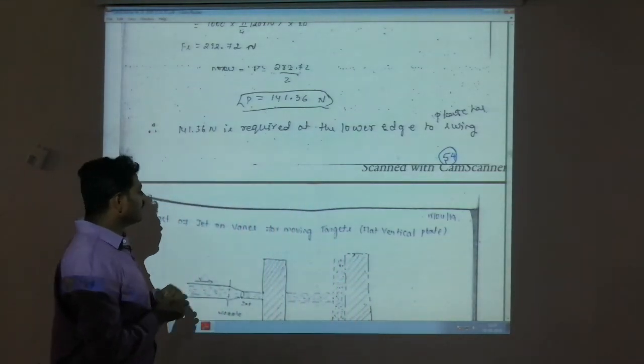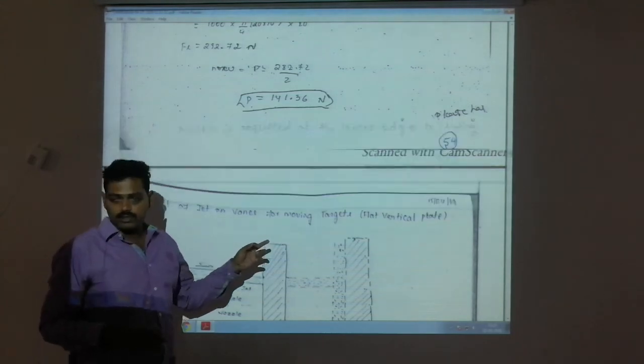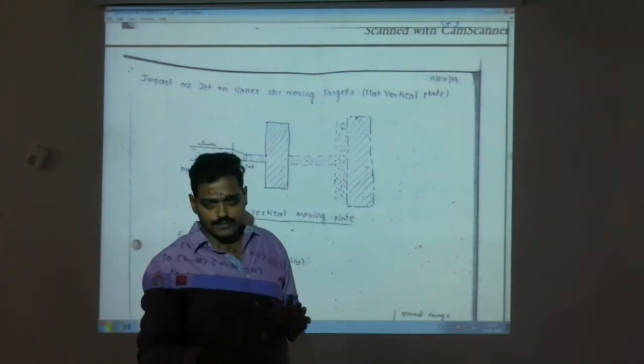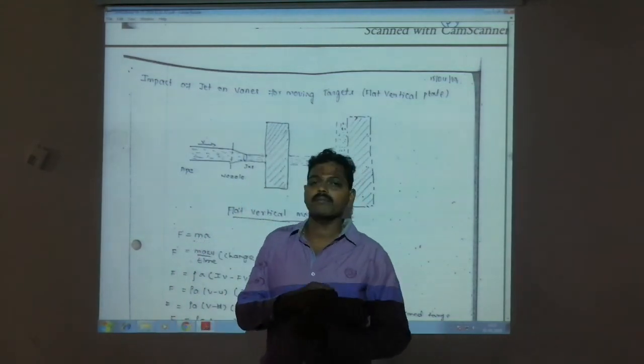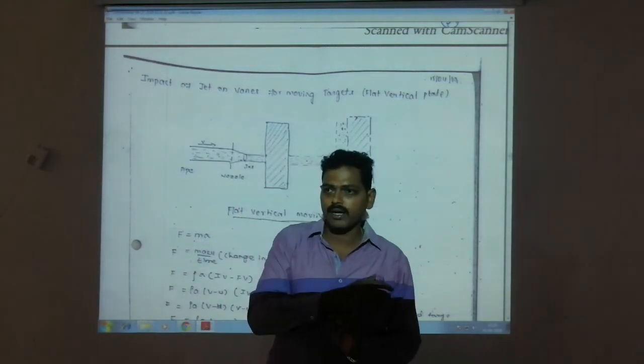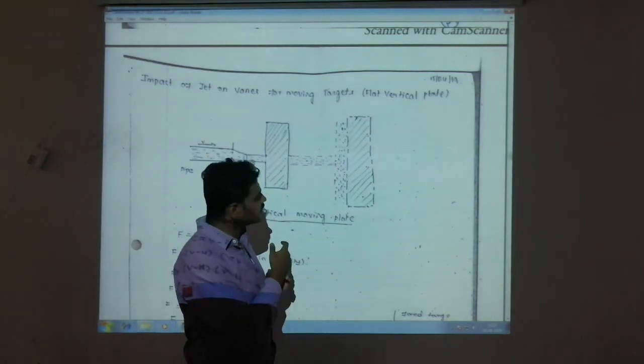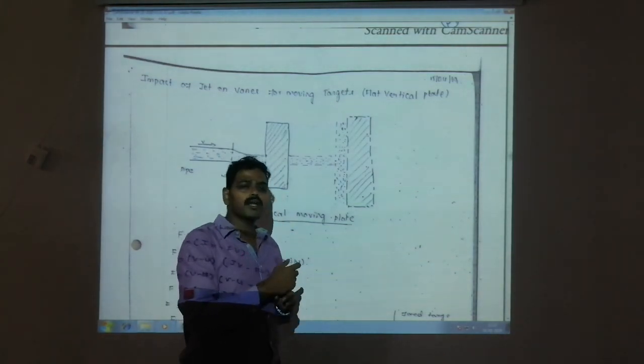Next, impact of jet on vanes for moving targets. First we worked on fixed targets. After that we have worked with inclined targets. The next, the third one, is about the moving targets. So again in the moving targets